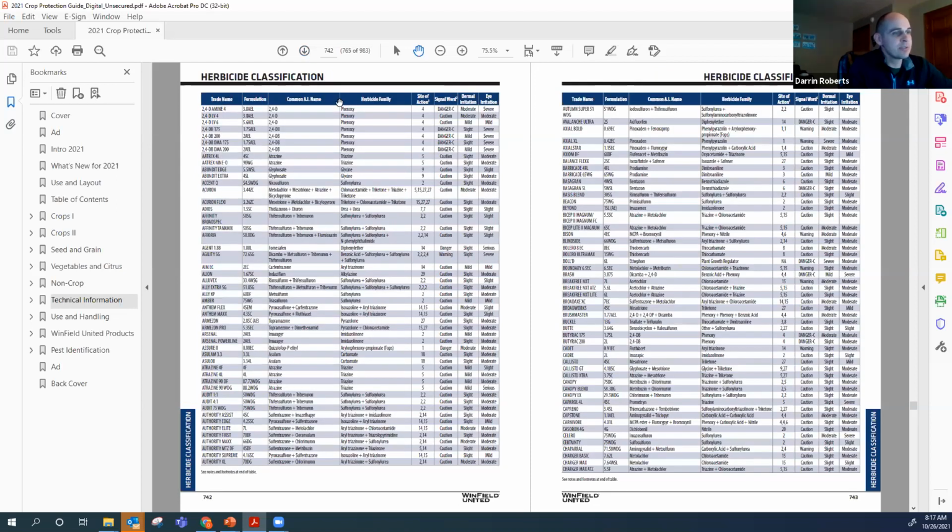Next one that we'll touch on here, herbicide classification, page 742 in the current guide. A lot of times we'll get questions around tank mixing. Hey, when should I add this product to the tank, or what is the formulation? And that's how you can use this specific section. If you come to this section here, the formulation is in that second column, atrazine 4L. The L gives you an indication it's a liquid. Some of these other ones in here,